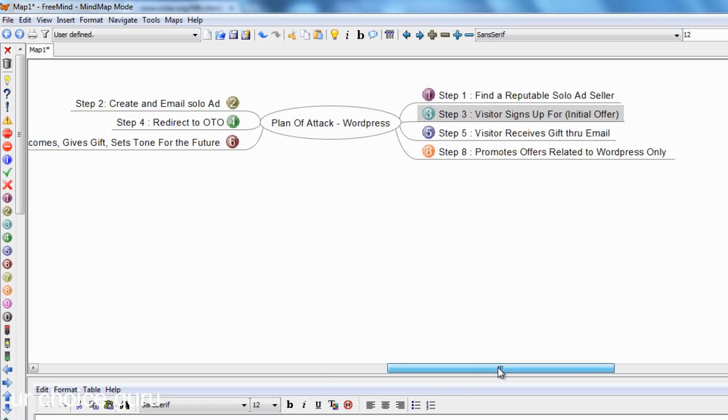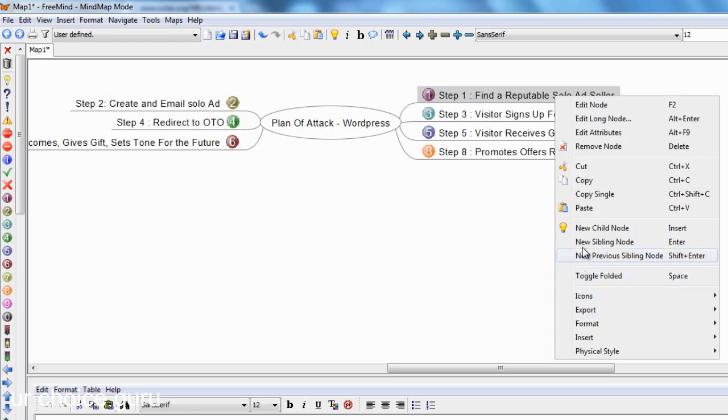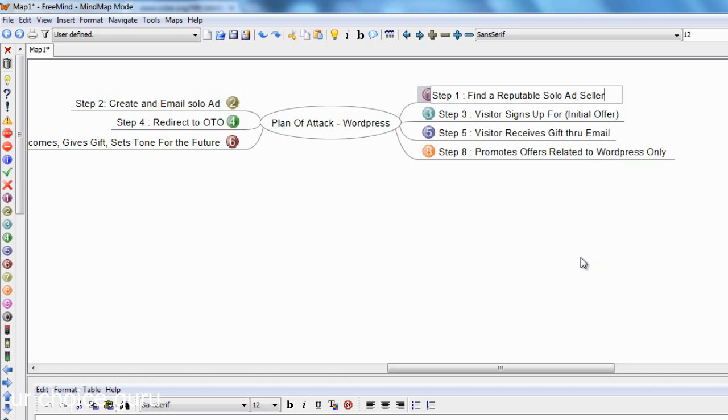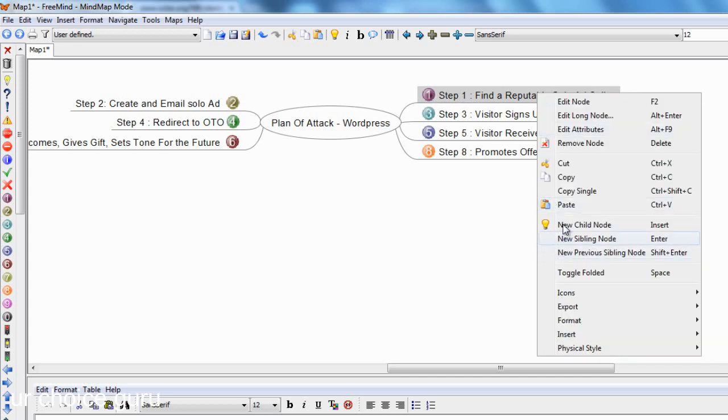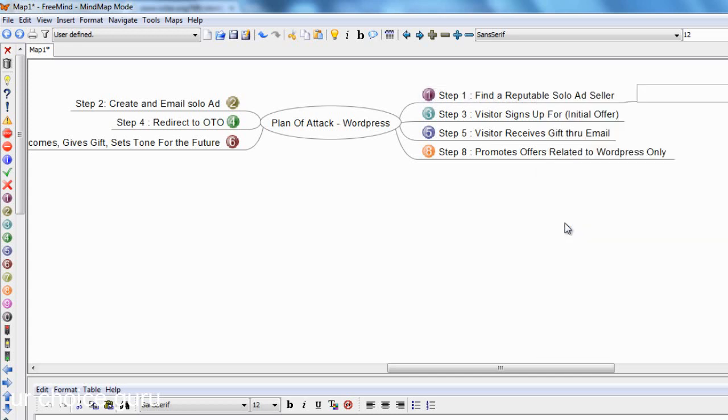Now what we can do is start adding to the mind map. So for example, when you say find a reputable solo ad seller, you could do a child node or a sibling node. But in this case, I'm going to do a child node. And what I recommend is that when you find a good reputable solo ad seller, make sure that you put